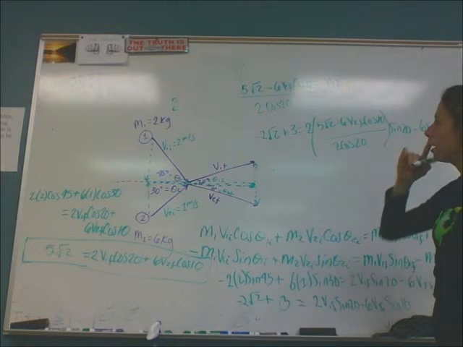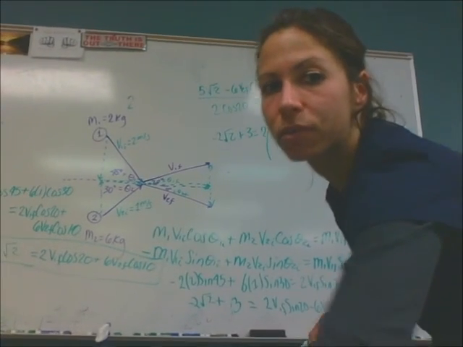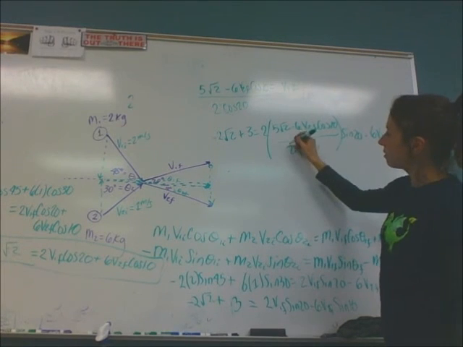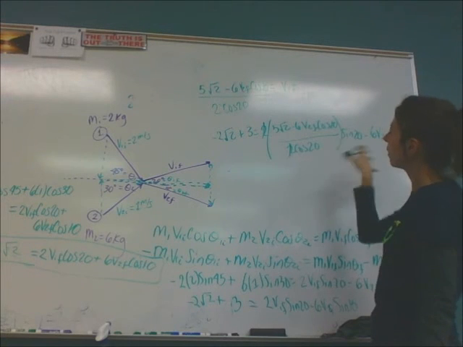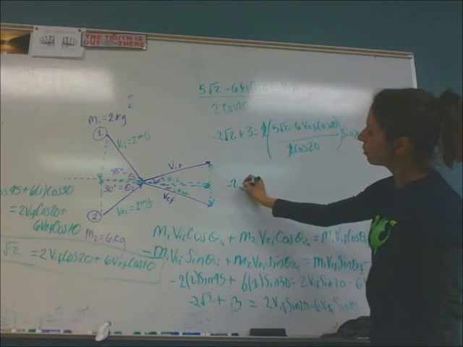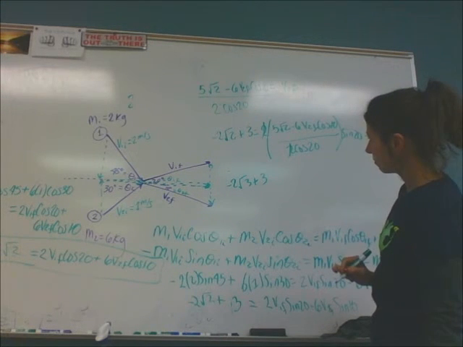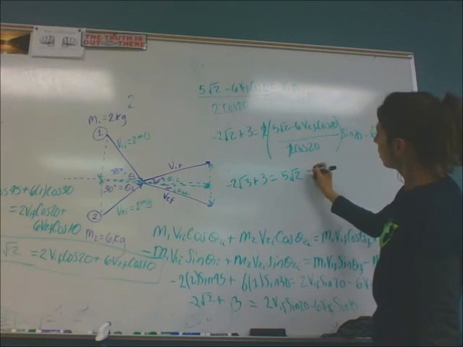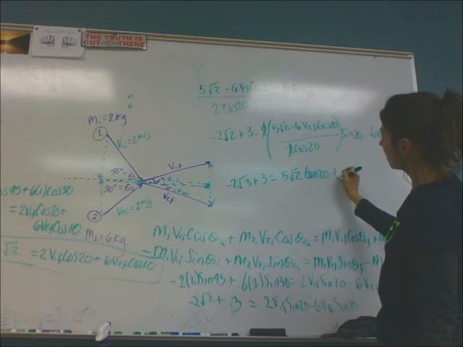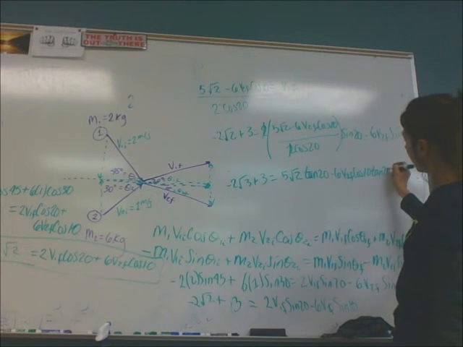And then this is pretty messy, but you can simplify it a little bit, and we should definitely do that. So the 2's here cancel, 2 and 2, and then the sine of 20 and the cosine of 20 we can write as tangent of 20 when we rewrite the whole thing. So let's do that. Negative 2 square root of 2 plus 3. Whoa, where did that come from? Oh, just kidding. Equals 5 square root of 2 tangent of 20 minus 6 v2f cosine of 10 tangent of 20 minus 6 v2f sine of 10.